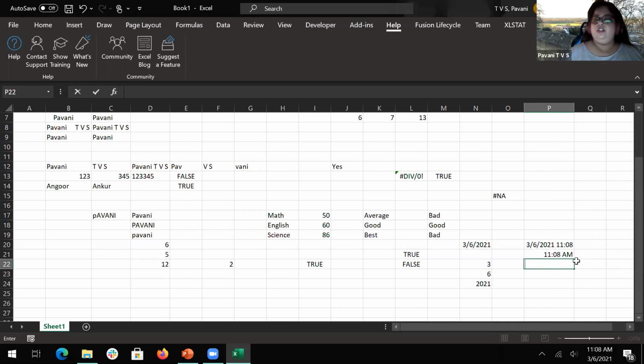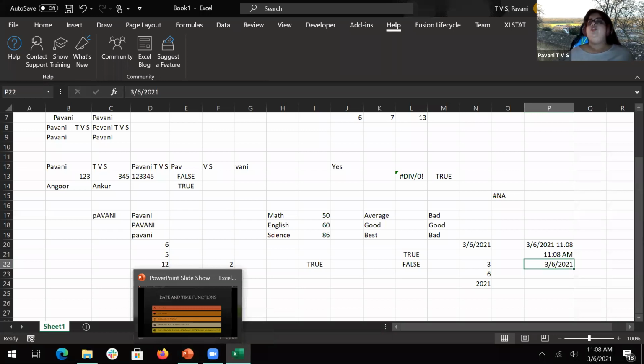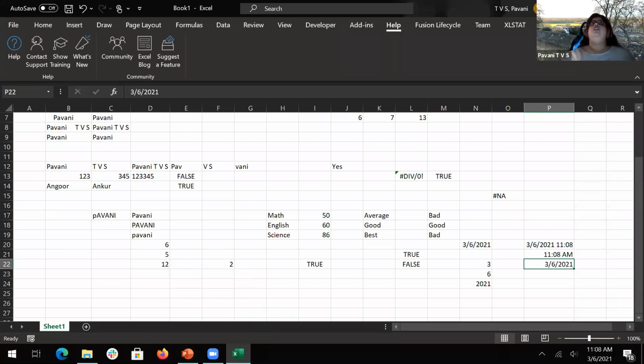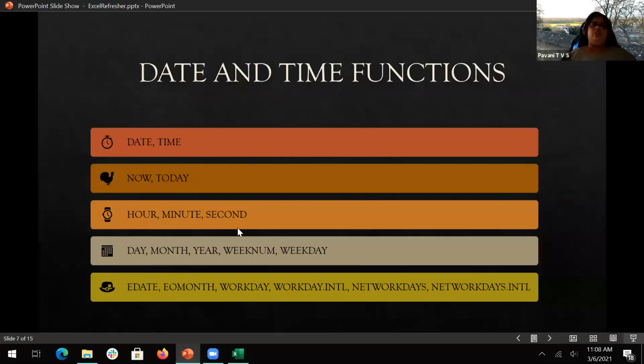Control colon will give you time and Control semicolon will give you date. I did give the shortcut information over there, and it will change for Windows operating system and Mac. You can go ahead and check that info accordingly.